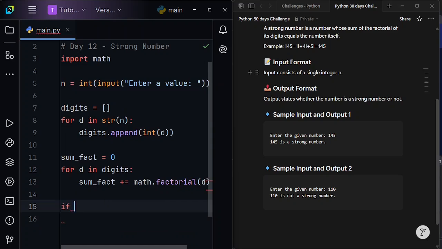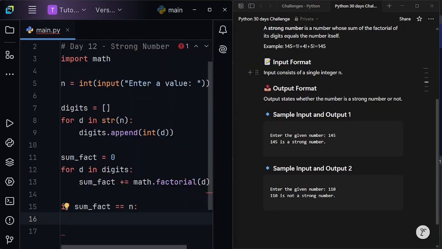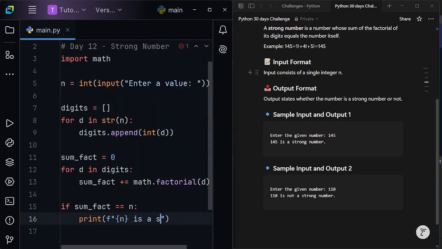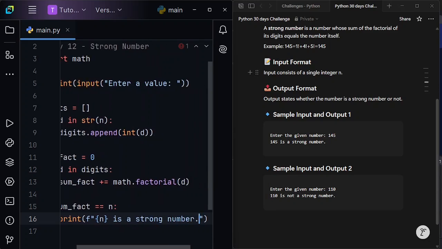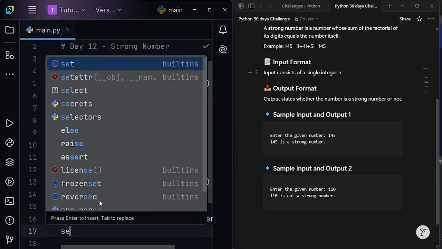So I will just go ahead and say, check if sum factorial now is equal to n. And if sum factorial is equal to n, I want to go ahead and print out, using my f-string again right here, n is a strong number. Right, so I have it right there. n is a strong number. Then otherwise,